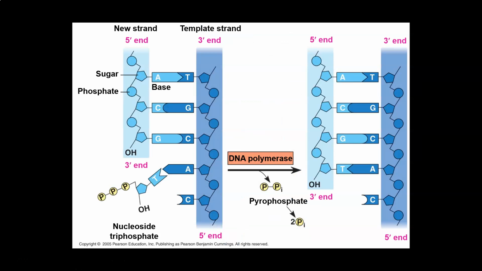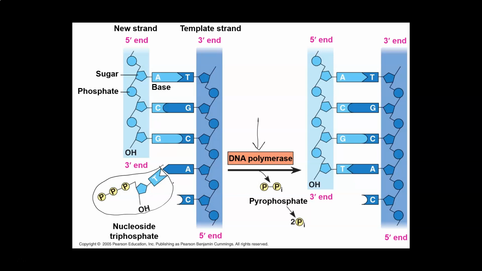Okay, now let's look at how DNA replicates. How do you make copies of it in more detail? I mean, we just talked about it in the big picture. The 2 strands separate, and then you use each one as a template to make a new strand using the base pair rule. But let's look at the nitty-gritty steps involved. It's actually a process that involves multiple proteins. Here's the main enzyme, DNA polymerase. There are different versions of it, but this is basically the enzyme that adds nucleotides to the DNA